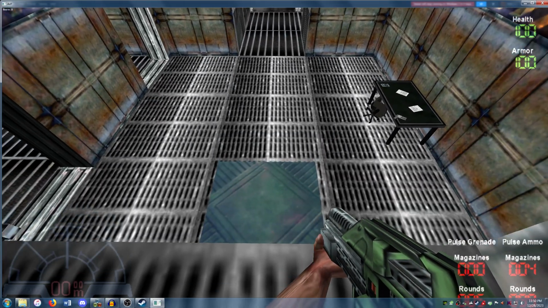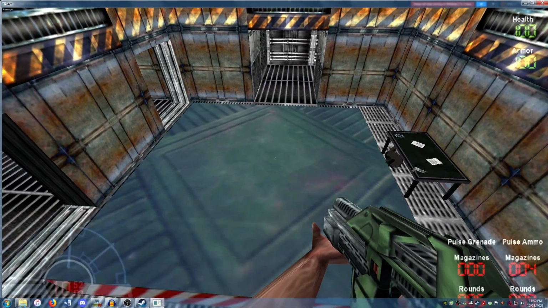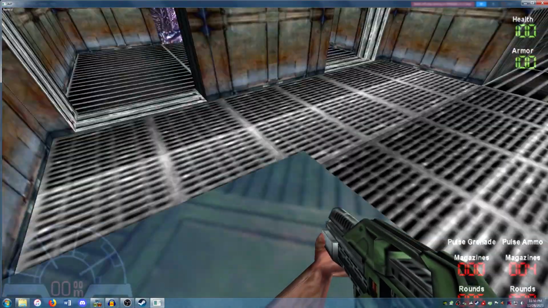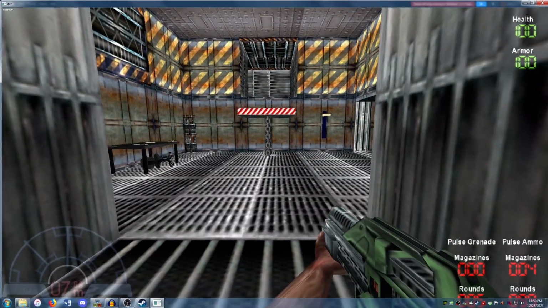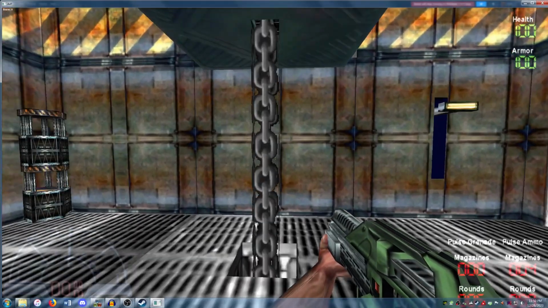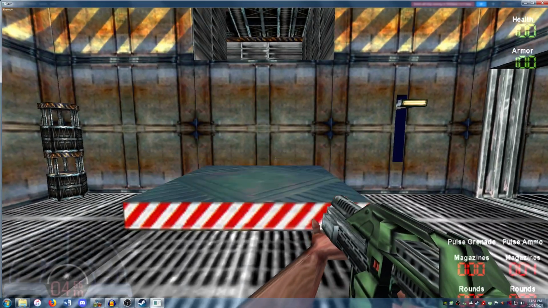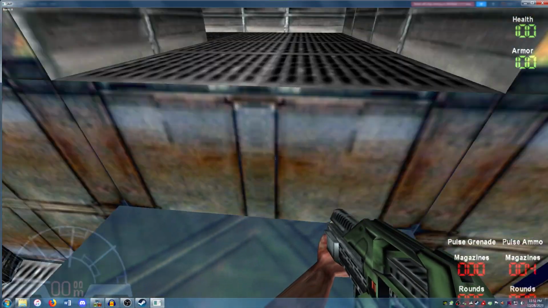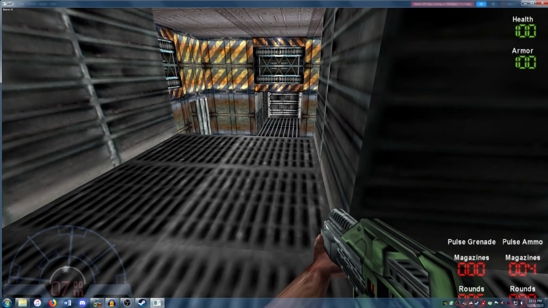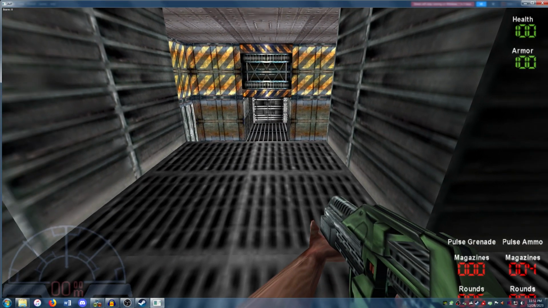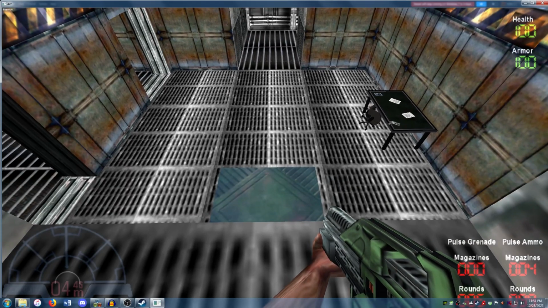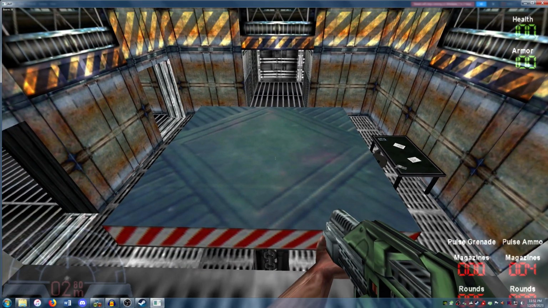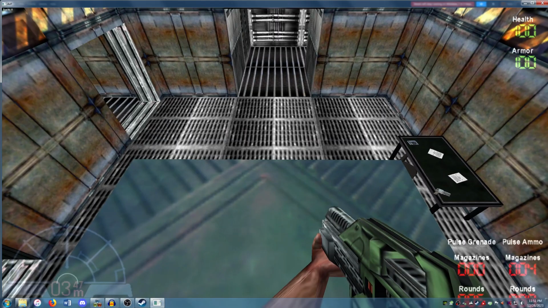So here's the thing about platform lifts, is that they move based on your position to them. So when you stand on them, they move up. That's kind of an unfortunate thing that happens with platform lifts. Sometimes they move because they're registering your position at a different time. But yeah, if you're at the top here, it'll call the lift, and when you stand on it,